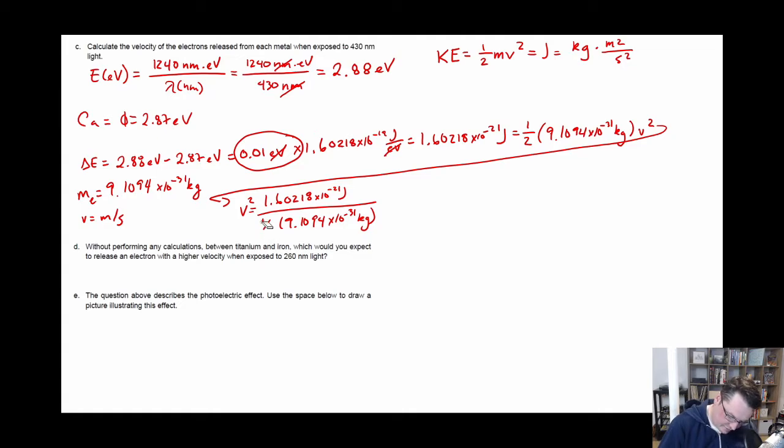That 1/2 can simply flip up, so it's times 2 in this case. Because we're just trying to get to velocity, all of that is going to be under a square root. So we have the square root of 2 times 1.60218 times 10 to the negative 21 divided by 9.1094 times 10 to the negative 31, which gives us a value of